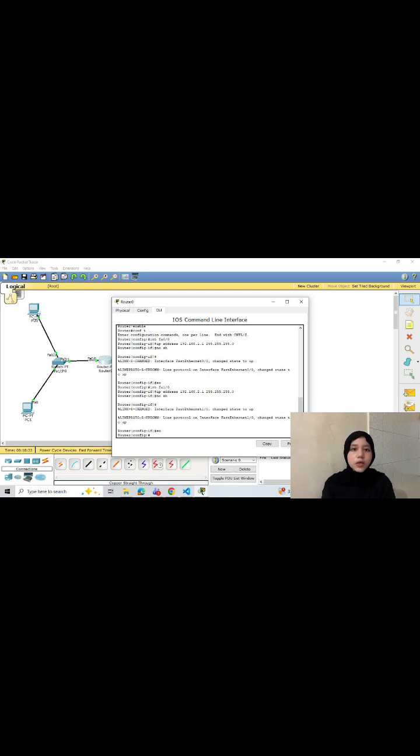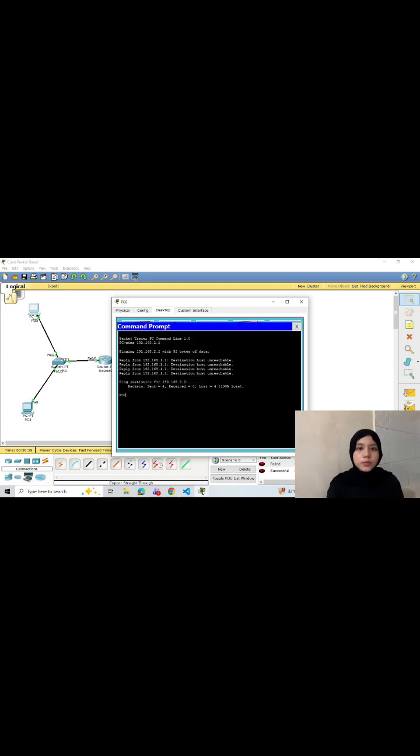This means every packet entering the interface will be checked based on the configured ACL rules. If the packet matches any rule, the packet will be blocked and cannot continue to its destination. ACL implementation is very important in network security because administrator can control access between devices according to network requirement.